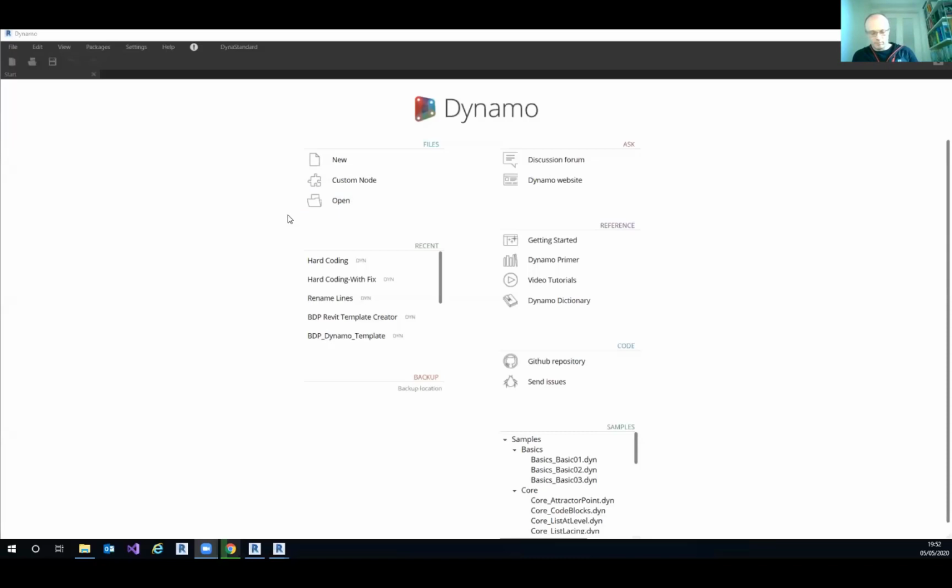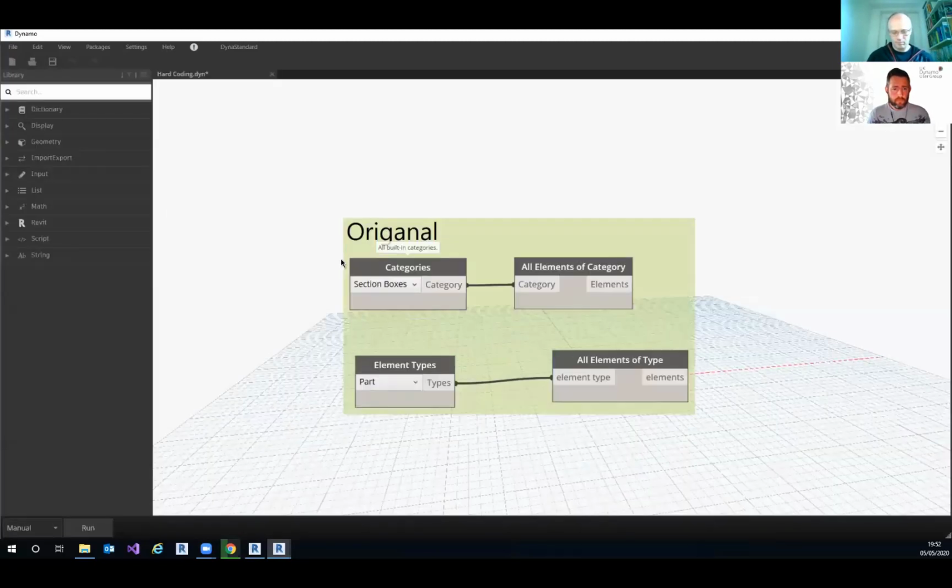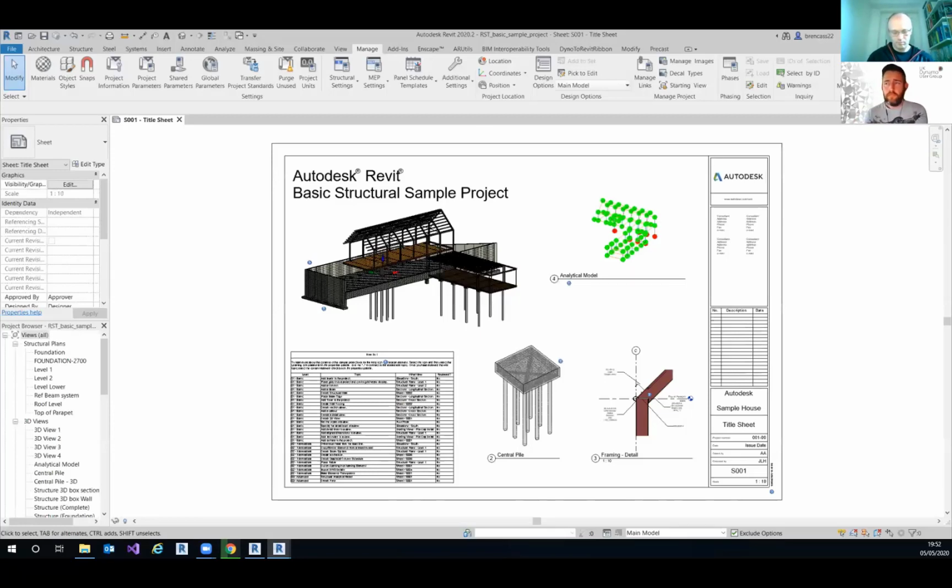Mine's actually going off what Keith said earlier about hard coding. Say I come to Revit, I'm in Revit 19 Dynamo. If I come to this script, you'll notice that the categories within this drop down are set as part and section boxes. So of course, if you run it, it will give you all that data. But if you come over to a different Revit instance,